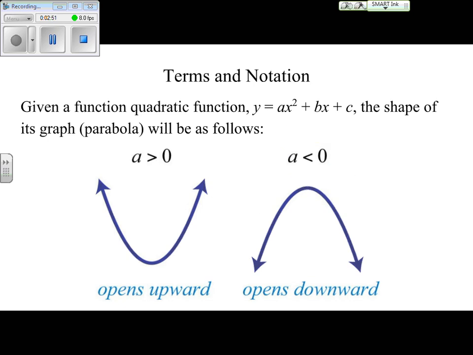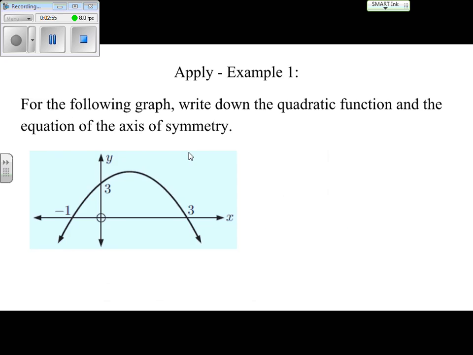All right, so using these old skills and then a few new that we'll pick up along the way, we're going to look at a couple examples here now. For the following graph, write down the quadratic function and the equation of the axis of symmetry. Well, I'm going to work backwards here a little bit. Let's first just get the easy thing out of the way, and for me, I think that's the axis